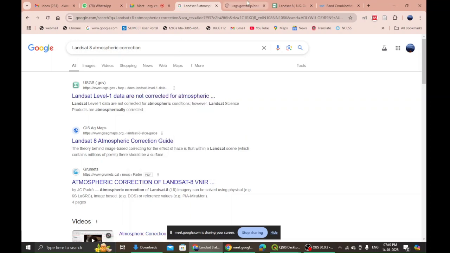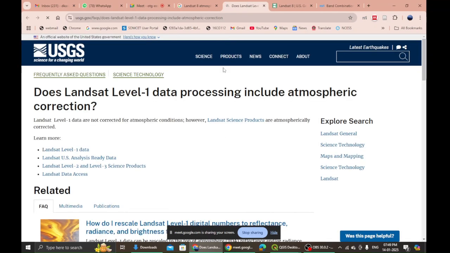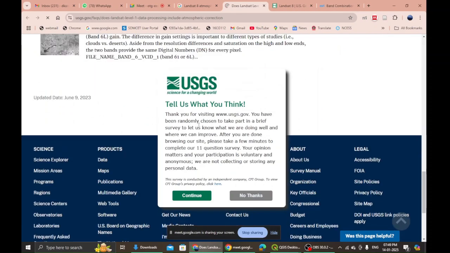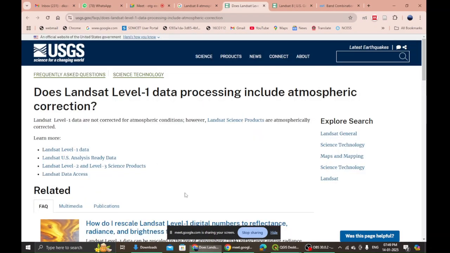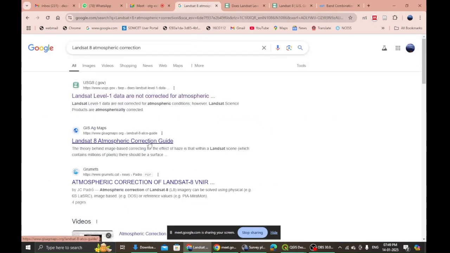So level 1 data, as I said, is raw data. It has not been corrected for atmospheric disturbances nor for geometric correction. So here we will attempt to get it slightly corrected. Correction guide.